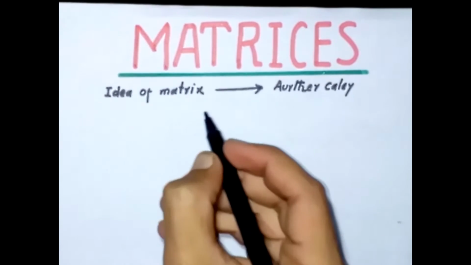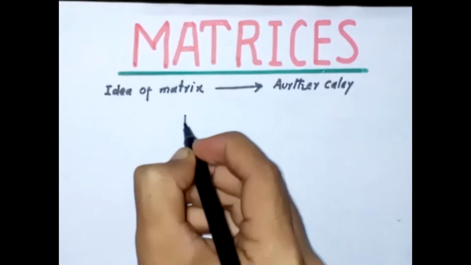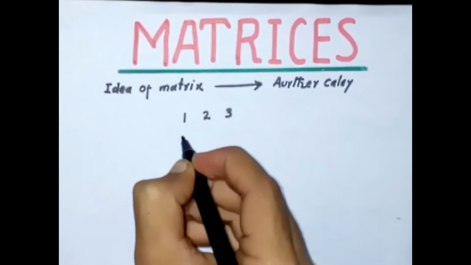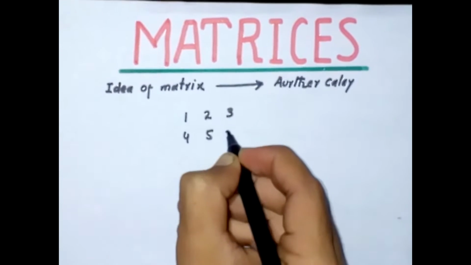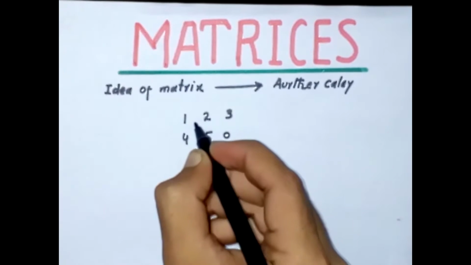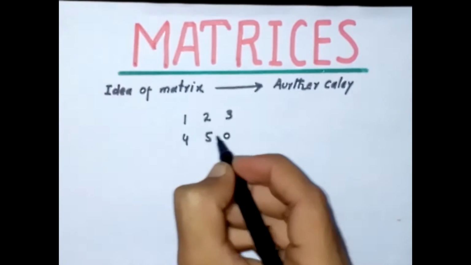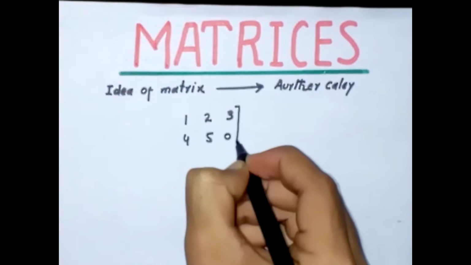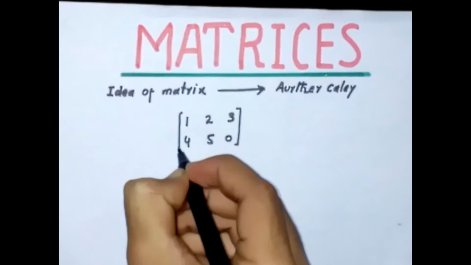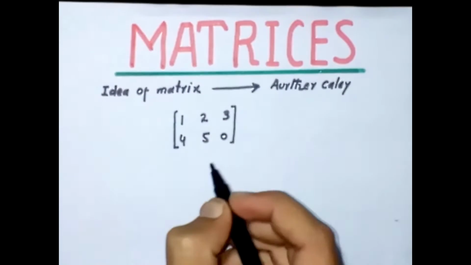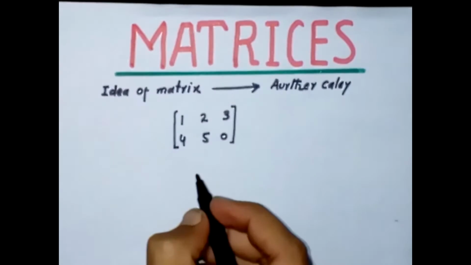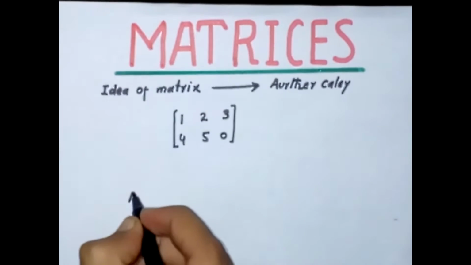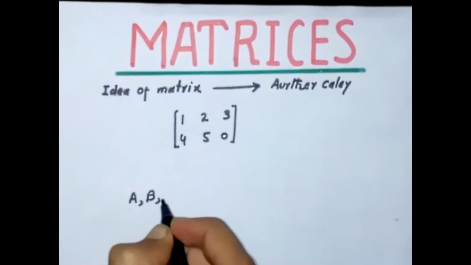Let's suppose we have a list of numbers. We have organized the list of numbers along horizontal and vertical lines. Now enclose this arrangement in a square bracket. This arrangement is called a matrix. A matrix is generally denoted by capital alphabets such as A, B, C,